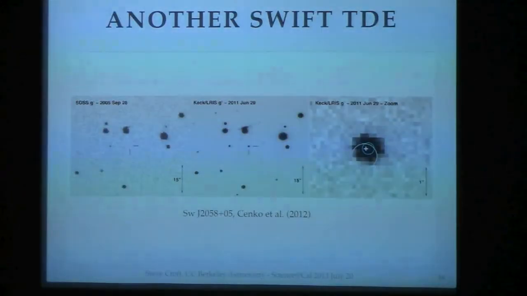Shortly thereafter, another one was seen by a group led by Brad Sanko, who was in Berkeley Astronomy until recently. And here you do have a before picture, and then you have an after picture, and then you have kind of a zoom in here that's showing basically where all of the observations of the different wavelengths aligned. And again, this was tracked over time, the flare was tracked over time. And it's understood again that this is another tidal disruption event. And so we're starting to understand the physics of these, and we're also starting to understand the statistics of the